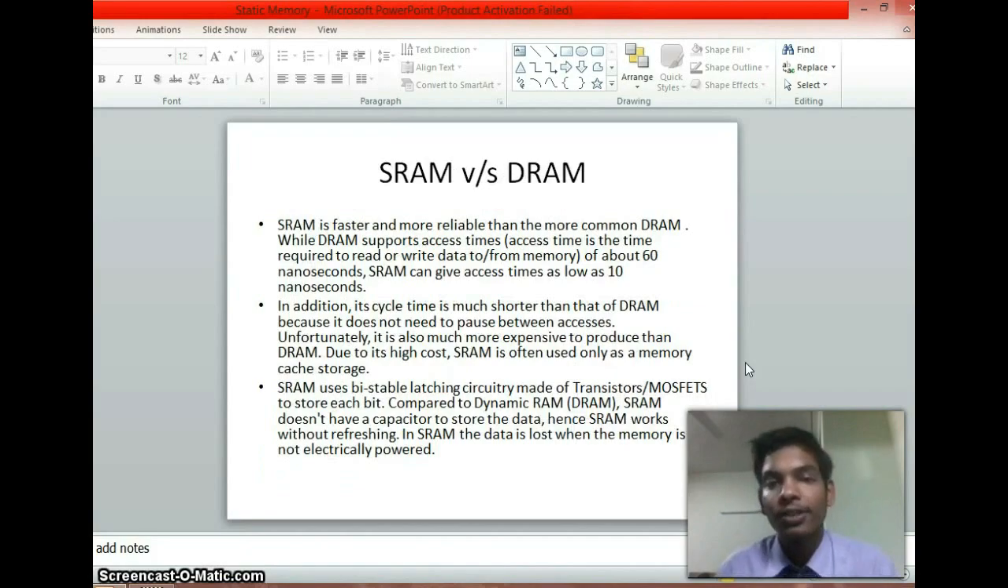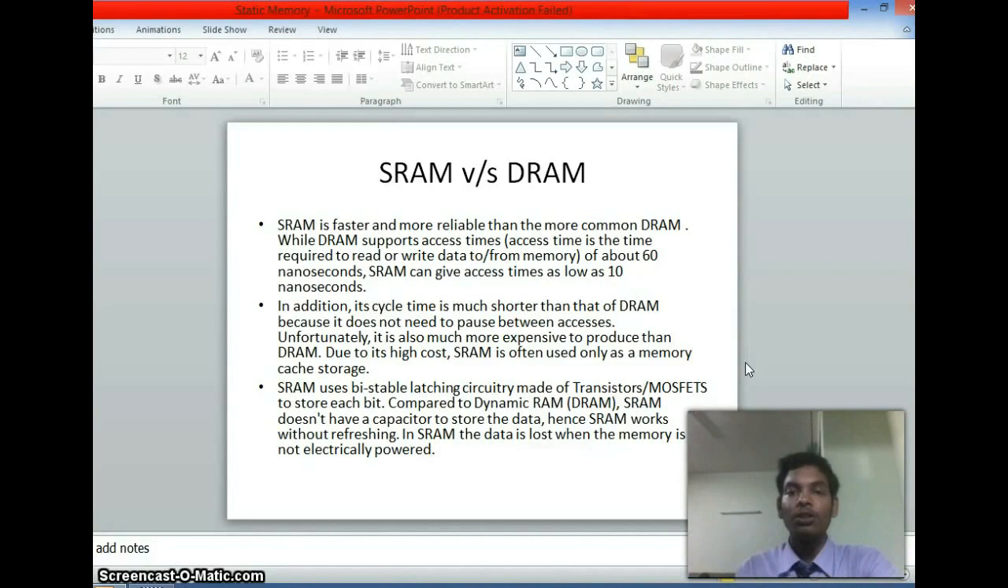Now I would like to wind up this video by drawing some differences between SRAM and DRAM. Even though DRAM is reliable, SRAM is faster and has the lesser access time, that is, the time taken to do the read and write operations from the memory. DRAM takes about 60 nanoseconds, but SRAM has a better access time of 10 nanoseconds. In addition to the access time, we have the cycle time. The cycle time of DRAM is short, but SRAM's is even shorter because there is no pause between the accesses. Unfortunately, SRAM being costlier than DRAM, we cannot use SRAM as the main memory component where we